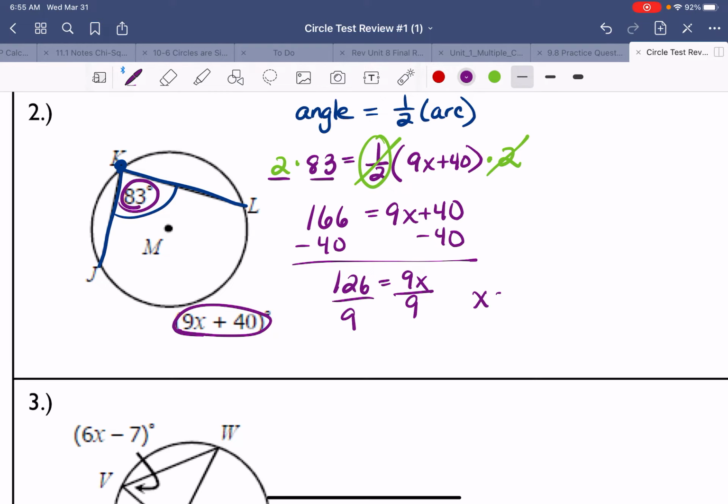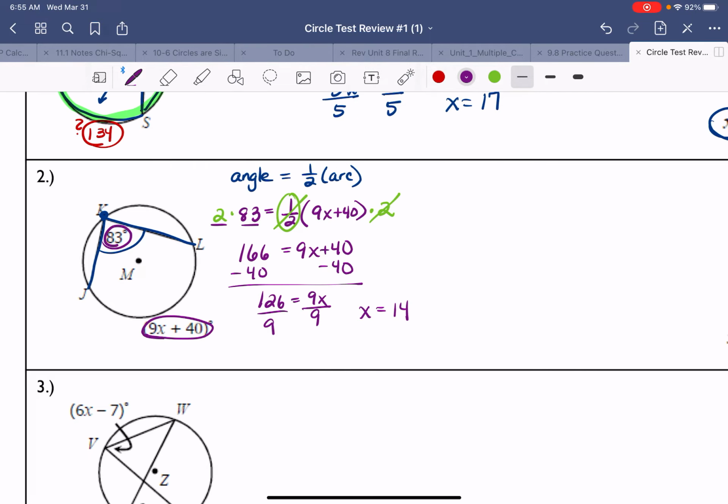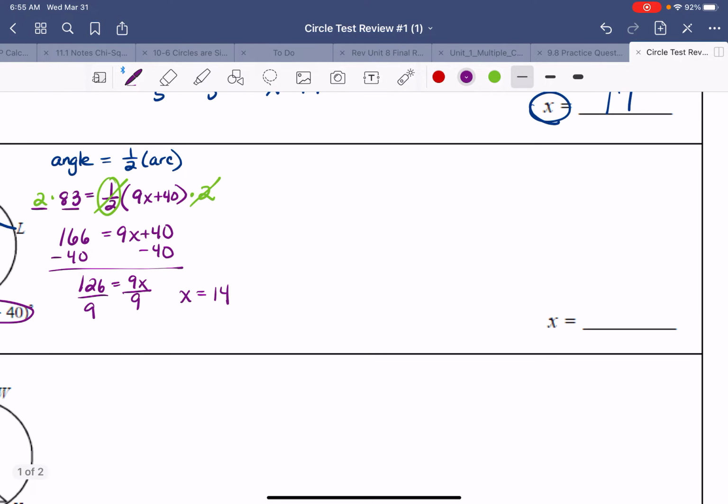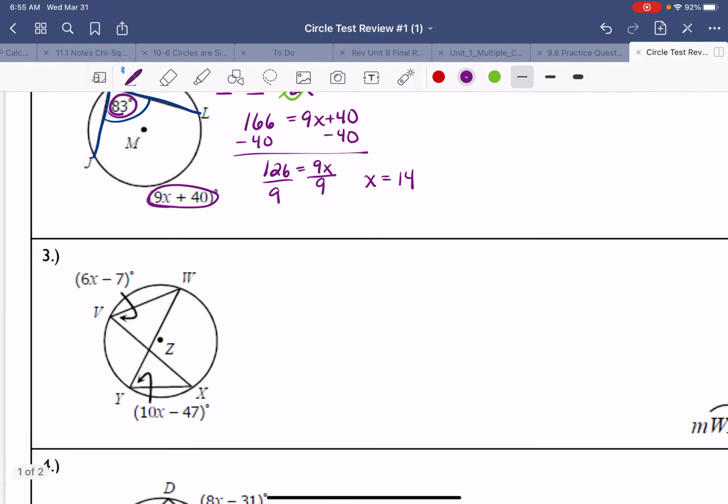Divided by 9, x is equal to 14. Now granted, was that what the question was asking for? Yeah, they were just asking for x, so we're good there. All right,